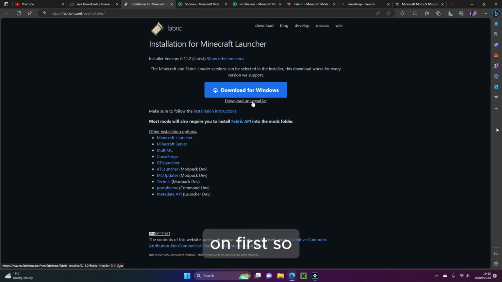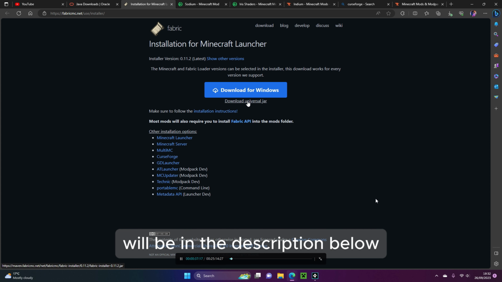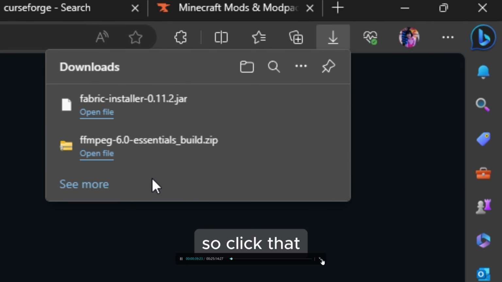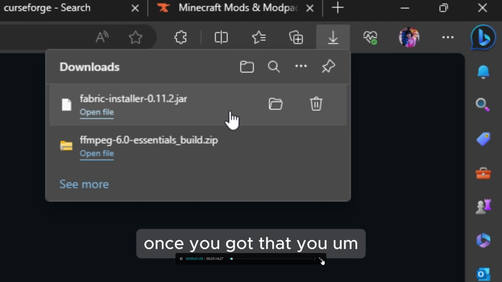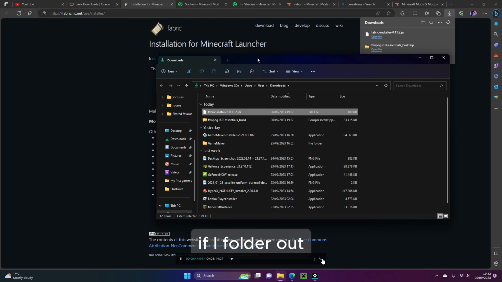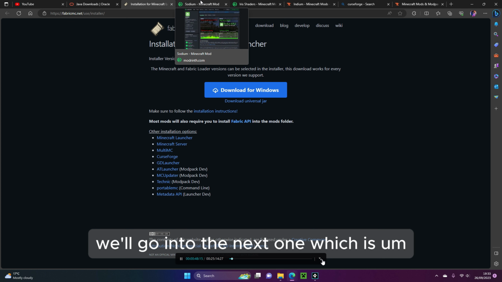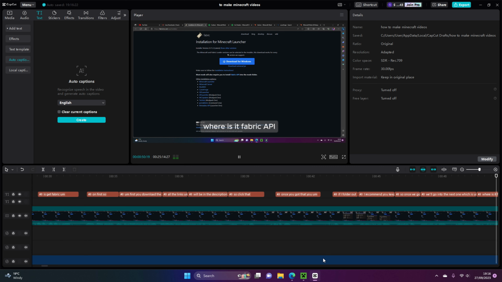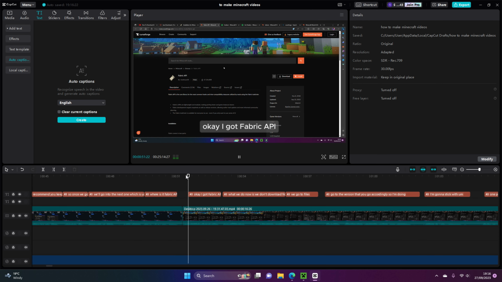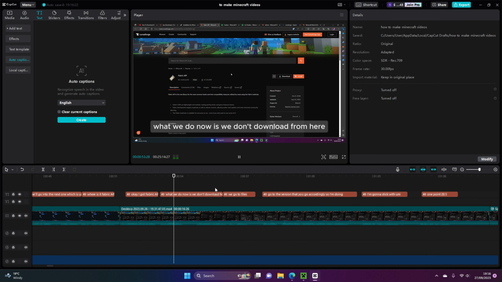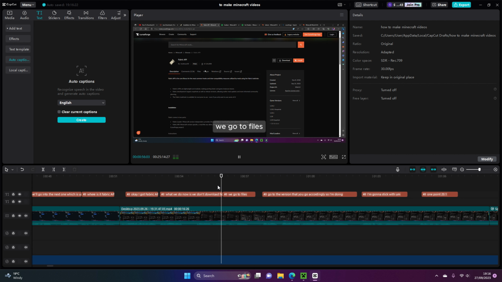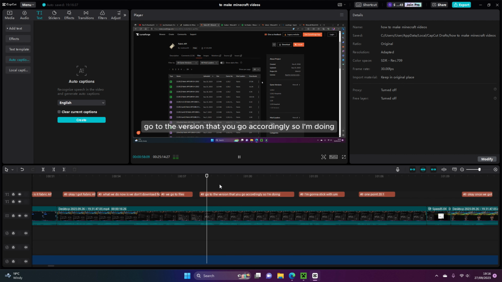First, you download the universal jar. All the links will be in the description below, so click that. Once you've got that, you get a folder out. I recommend you keep this first. Once we've got that, we'll go into the next one, which is Fabric API. Okay, yeah, I got Fabric API. What we do now is we don't download from here. We go to files, go to the version that you're going for accordingly. So I'm going to stick with